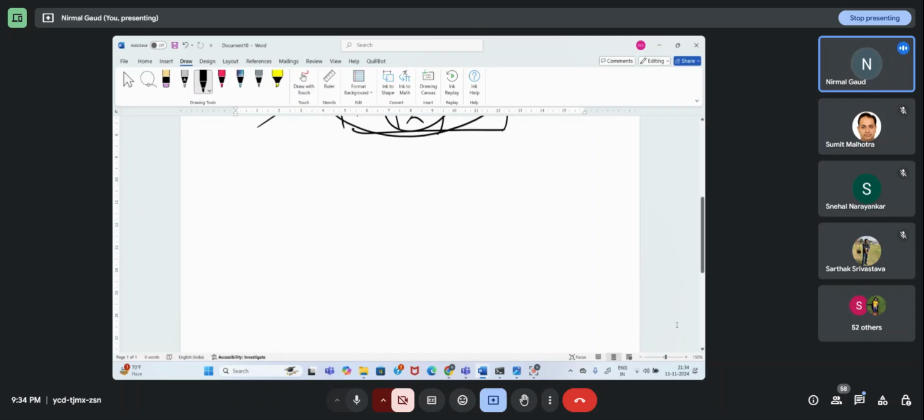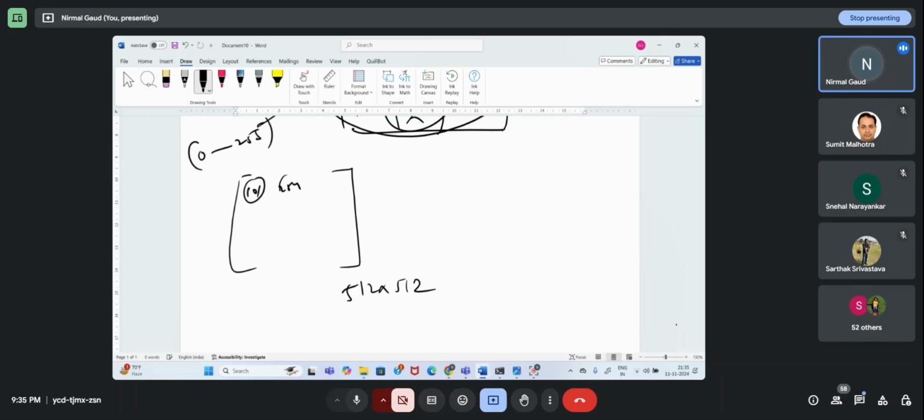Okay, so what's going to happen here? You will have an image matrix. There will be a matrix of the image. Let us suppose we have an image resolution of 512 by 512. This is the matrix of the image where you will have values like 0, 1. Let us suppose grayscale. Grayscale is from 0 to 255. So you will have pixel values like 254, 130, etcetera.